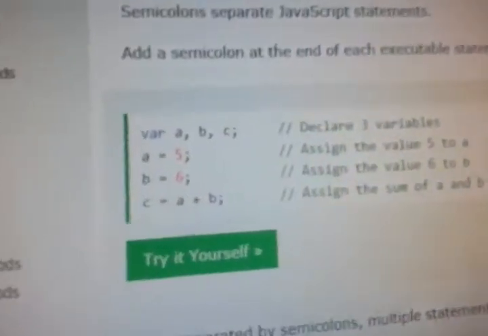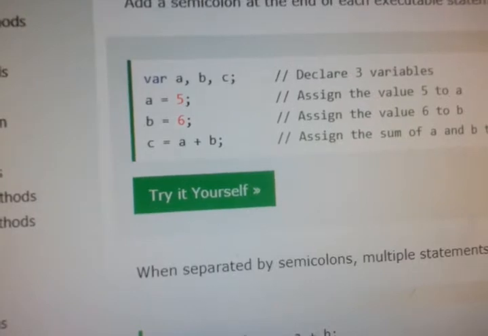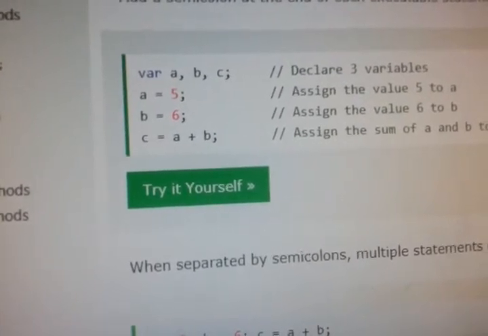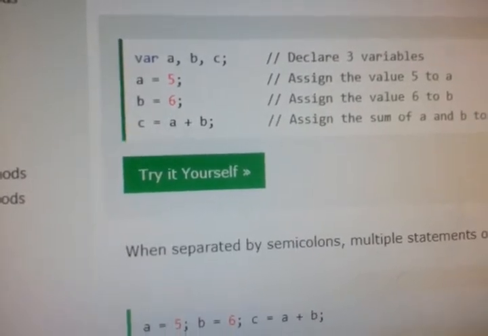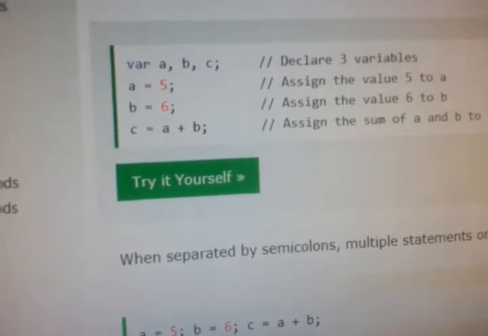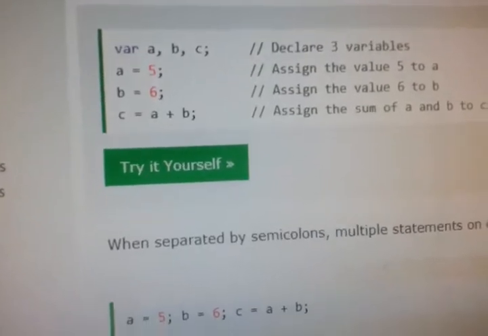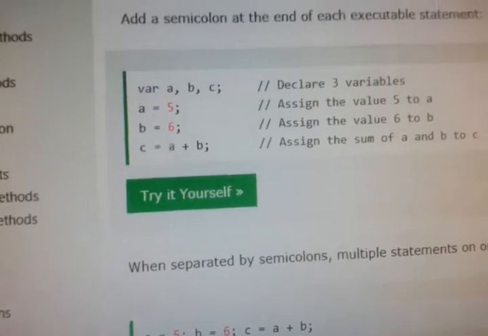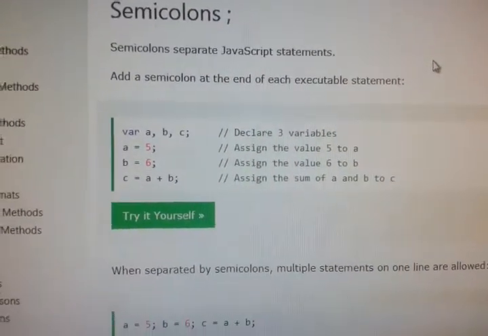Now let's see how to declare a variable. For declaring a variable we have to use var a, b, c, semicolon. So we have declared 3 variables here with the names a, b, c, and we are assigning values: a is equal to 5, b is equal to 6, and c is equal to a plus b, to add or sum those two.